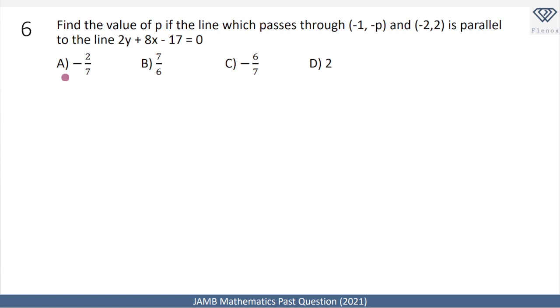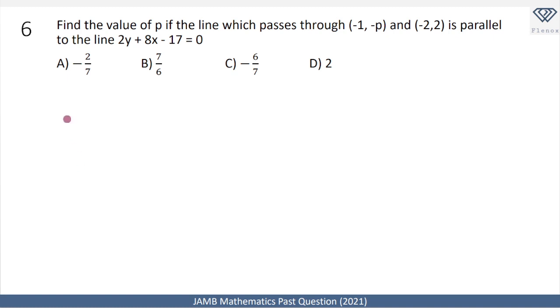So moving on to the next question, we're told to find the value of P if the line which passes through this coordinate minus P and minus 2 is parallel to the line 2x plus 8x minus 17 is equal to 0. Now the key to answer this question is that we know that both lines are parallel,